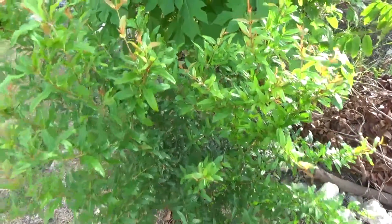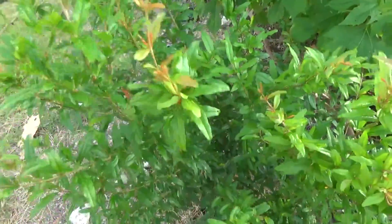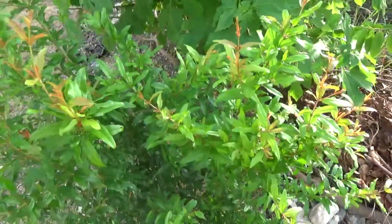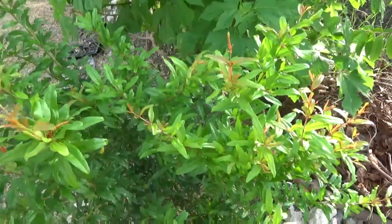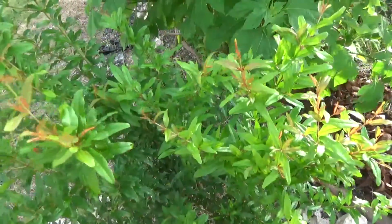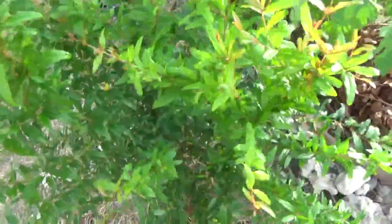But this is pomegranate, and the leaves and the fruit are beneficial for you, and it's grown really well. So I look forward to sharing with you information about the nutritional benefits and properties at a later date. But this is how a young